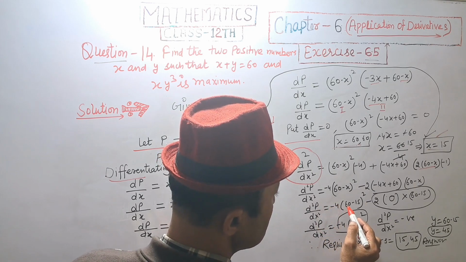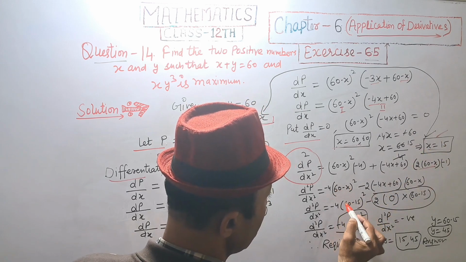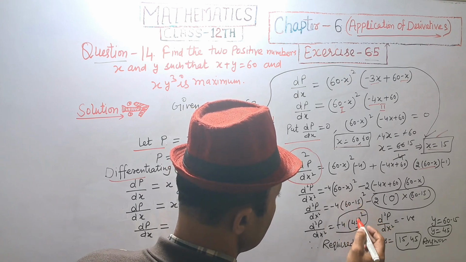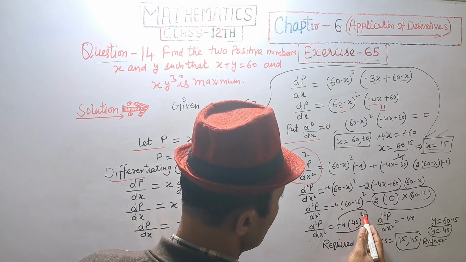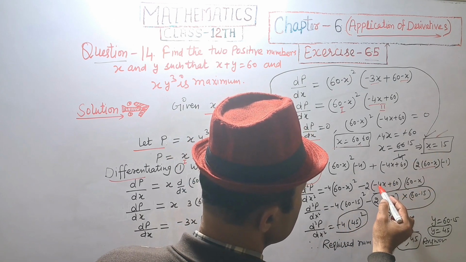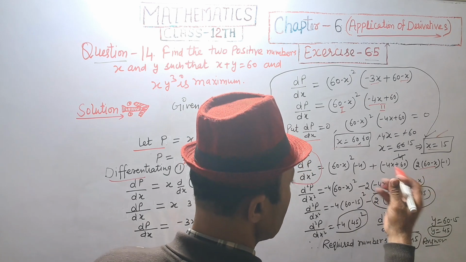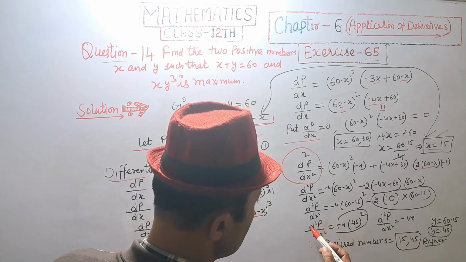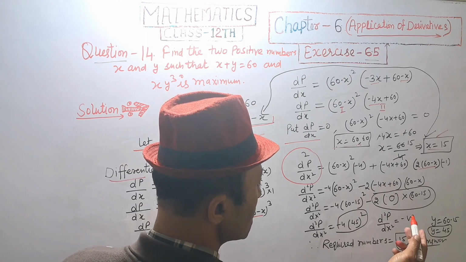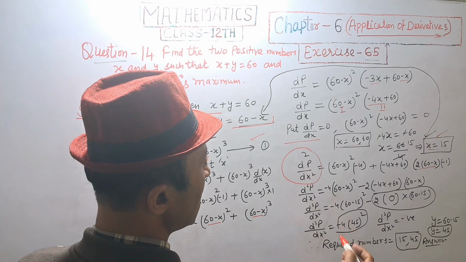Minus 4, (60 minus 15) raised to power 2, with x equal to 15, 60 minus 15, that is equal to 45 raised to power 2, and minus 4, and 15 fours are 60, minus 60 plus 60, that will be 0, and 0 multiplied by something, that will be 0. So double derivative we get minus 4 into, that will be negative, so it's a point of maxima, and the maximum value we get required number